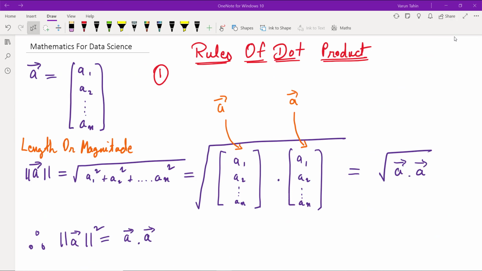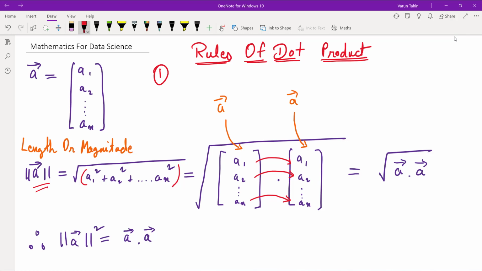The first rule is that the dot product of a vector with itself is the magnitude squared of the vector. We can understand this by deriving it very easily. Let's have a vector A represented by A1, A2 up to An, and let's define the magnitude as we have seen previously in our earlier sections: the magnitude is the square root of the sum of the squares of the individual elements in a vector, and the inner part, that is the sum of the squares, can be represented as the dot product of the vector with itself. Because when we multiply each of the individual elements, we get their squares, and they are summed. So it will be the square root of the dot product of this vector with itself.